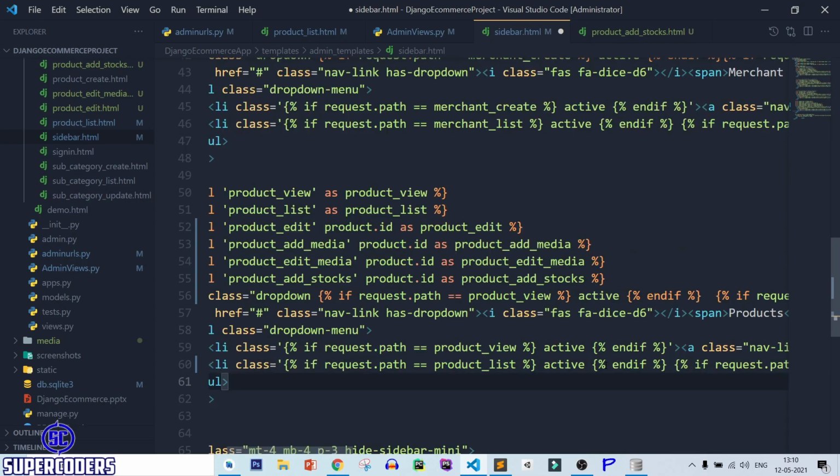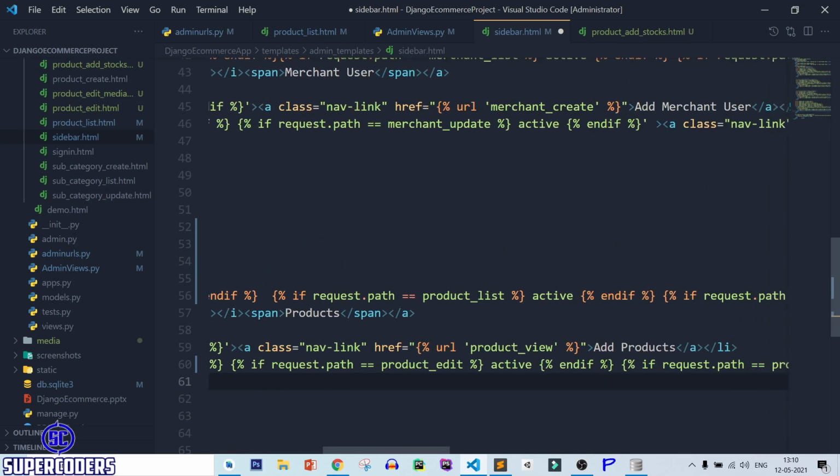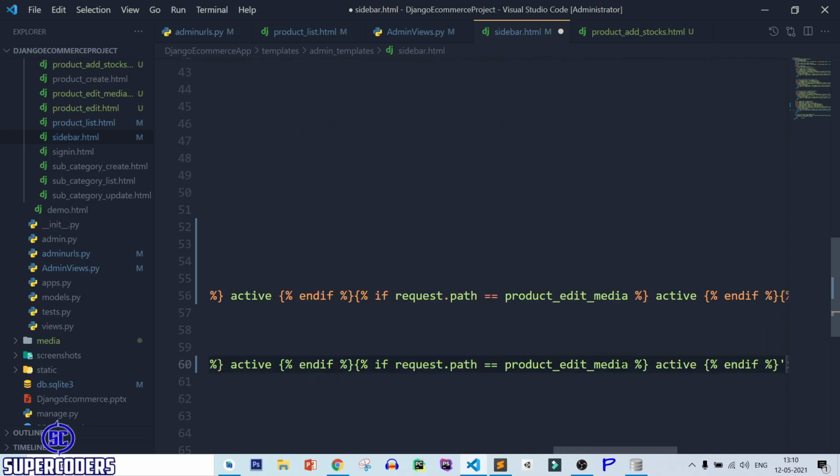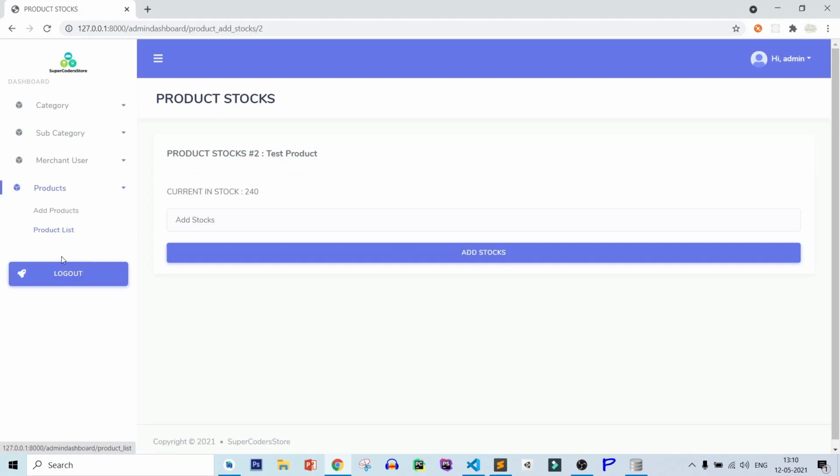Same here. After that, product, add stocks. Save this file, refresh page, and you can see Active is working perfectly.